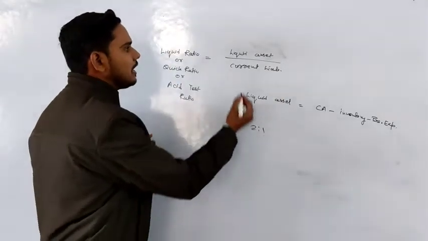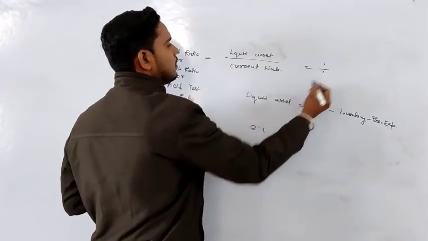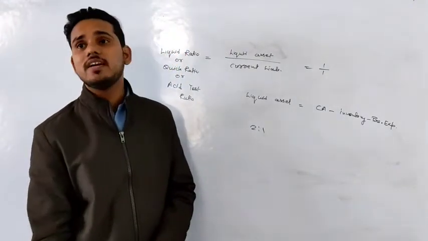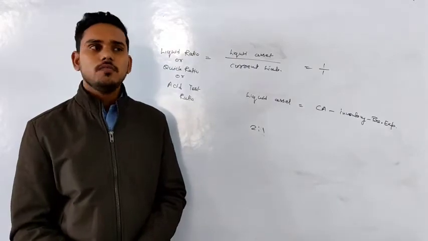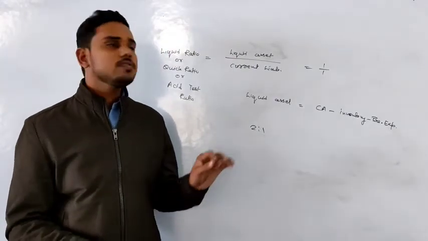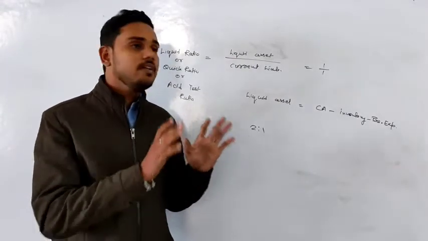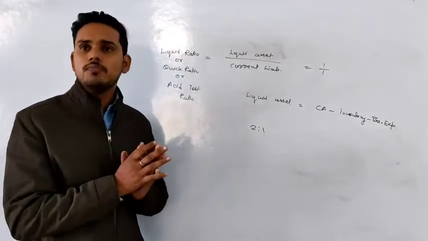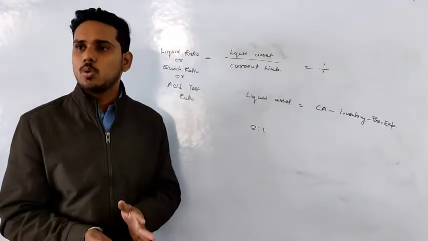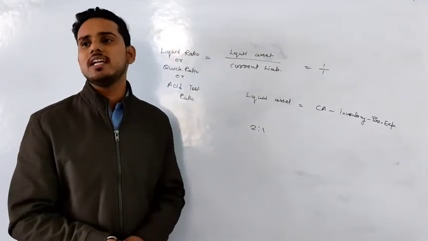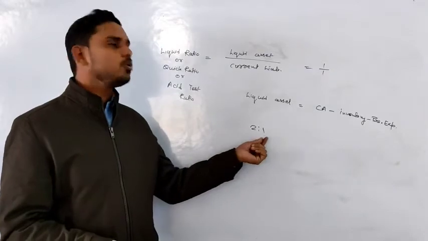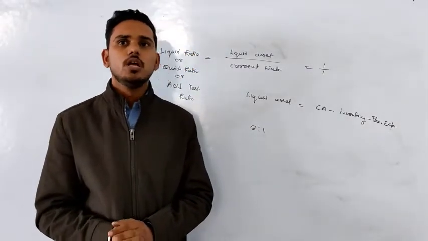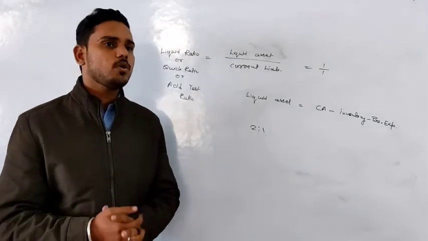And ideal ratio for liquid ratio is 1:1. That means for every 1 rupee of current liability, there should be 1 rupee of liquid asset. Why is this not good, sir? Because we are assuming this, why 2:1 is taken, because even if all the current assets are not sold, let's suppose only half of current asset is sold, still we are able to meet all the current liability. No confusion, no? Okay. So that is the whole thing. So I hope the formulas are clear to you.